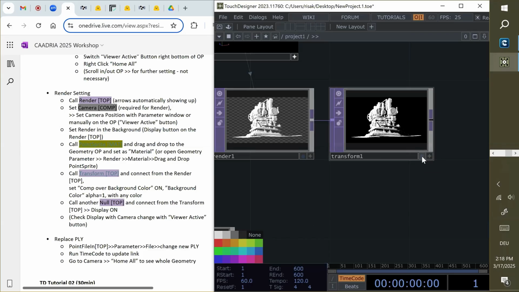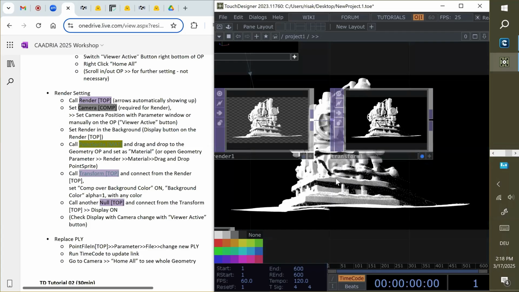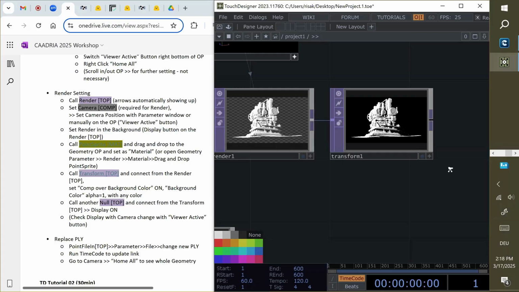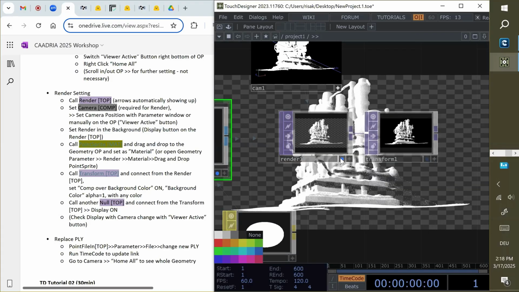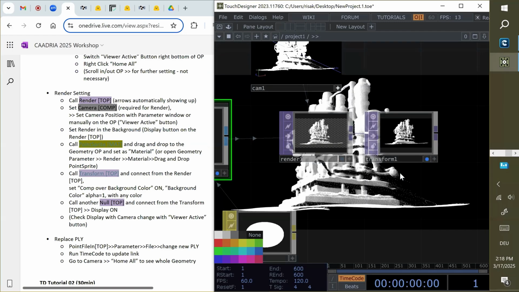You can put this display like a blue circle. Then you can turn on background in your working window. This could be any of these, so you can also turn on here, but then there is no background here, so I think it's better to put this one right now.